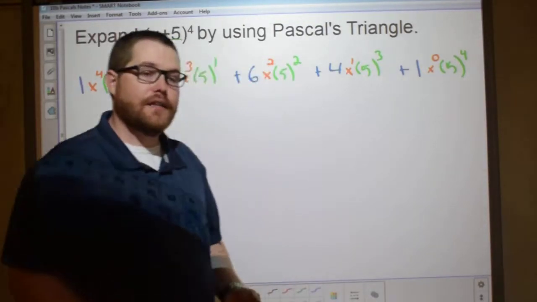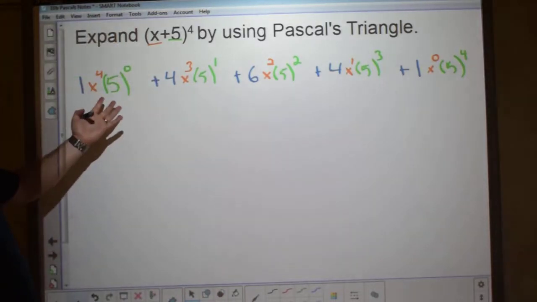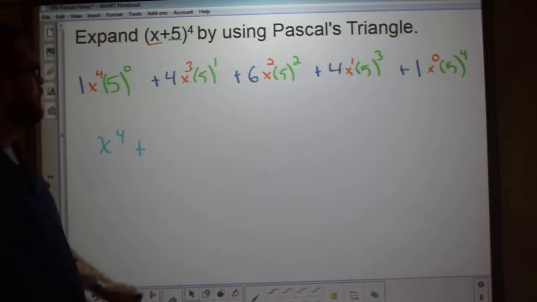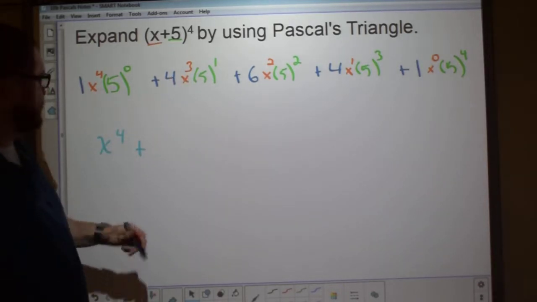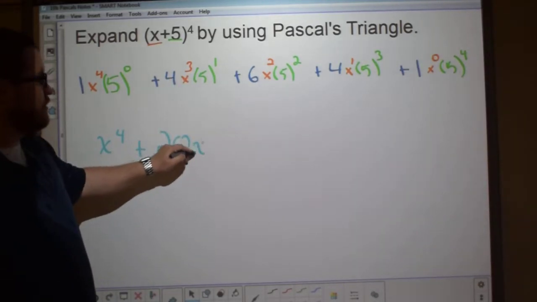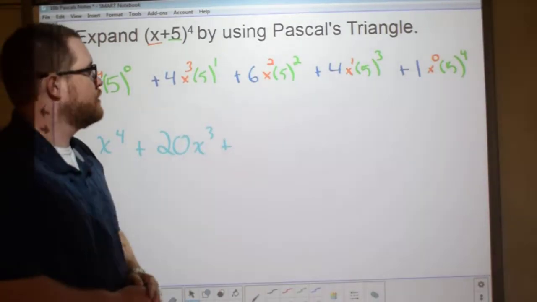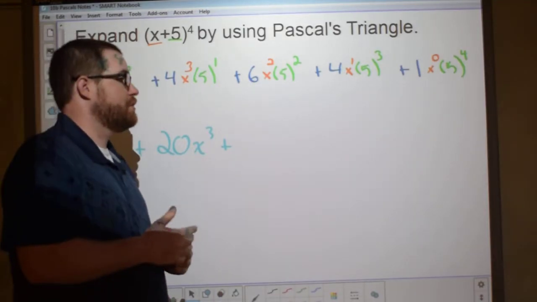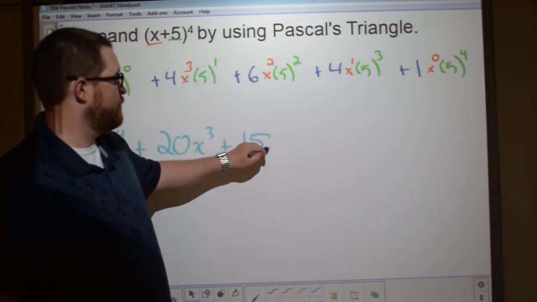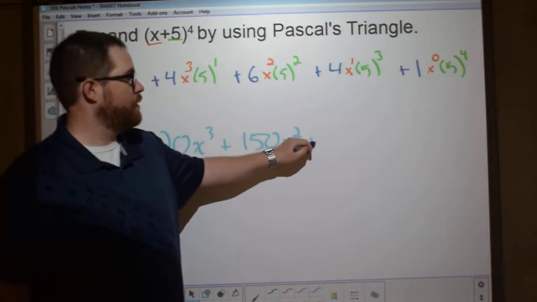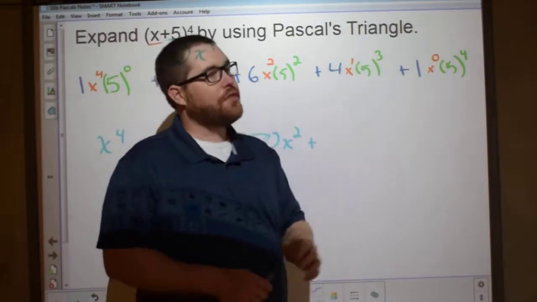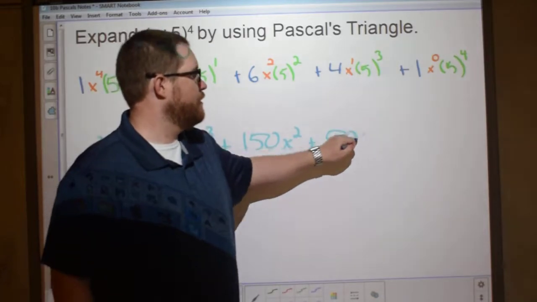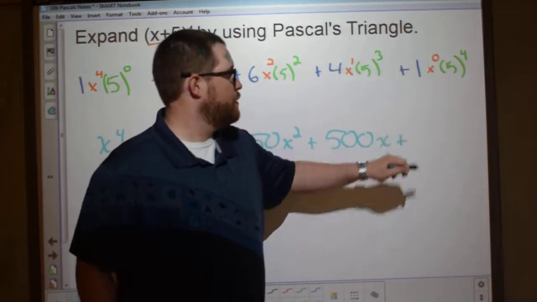Now that we've expanded it, let's simplify it. This one's really easy. This is just x to the fourth. Plus 4 times 5 is 20, x to the third. Plus 5 squared is 25, times 6 would be 150, x squared. Plus 5 to the third is 125, 125 times 4 would be 500, x. Plus